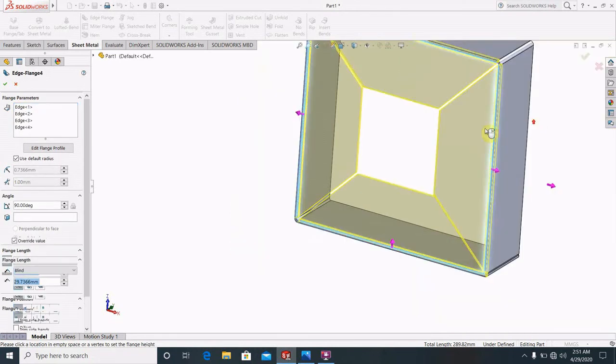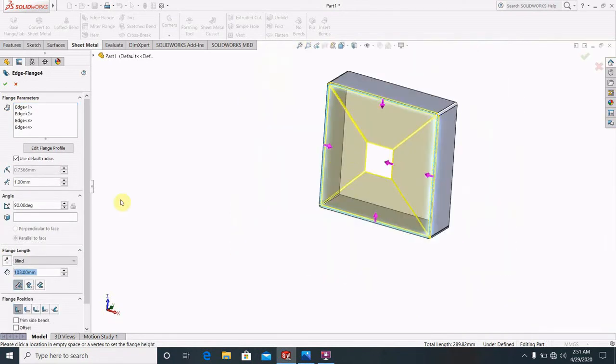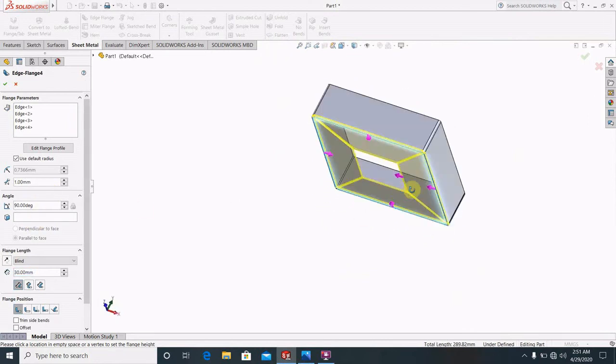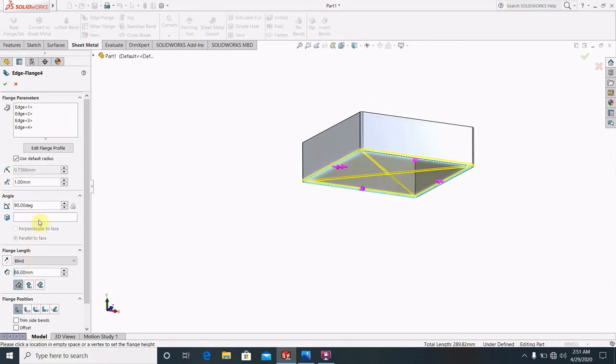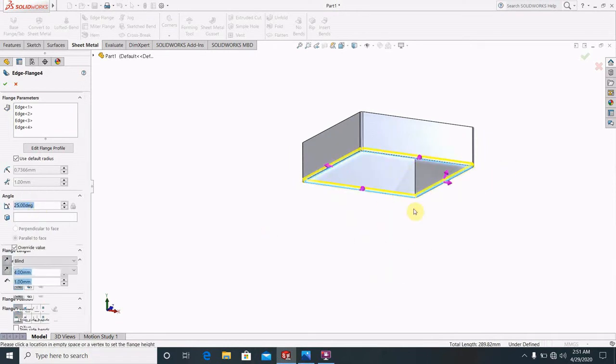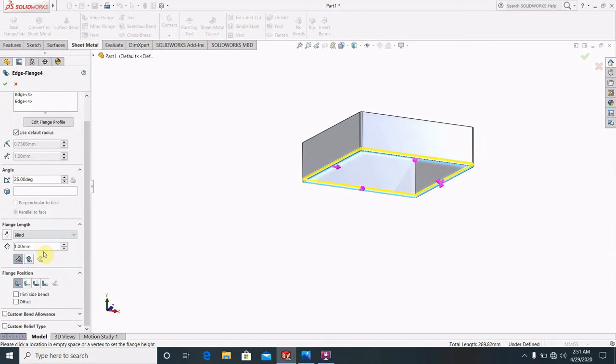These are the four parts I have just joined, and now there is just a twist. Okay, just don't skip. Please see, there is the angle, that is the 25 angle. Just see that in 25 angle it will be like that, and the length will be 80. I just click here.